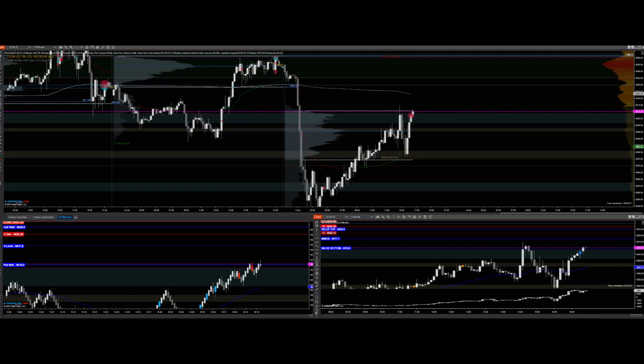We also still have coiling on the alpha levels. I don't know if that means it's going to touch it, but